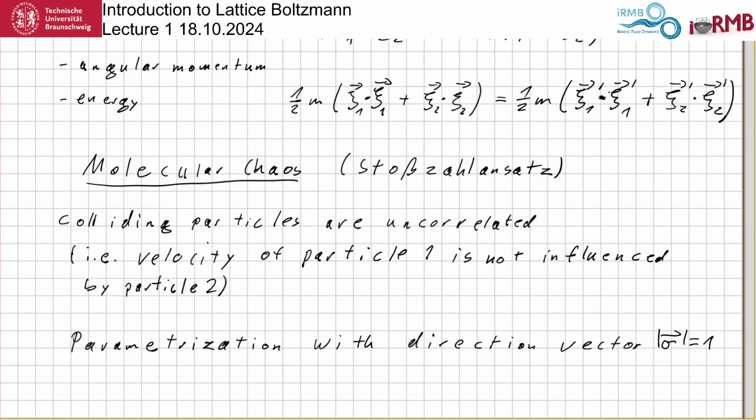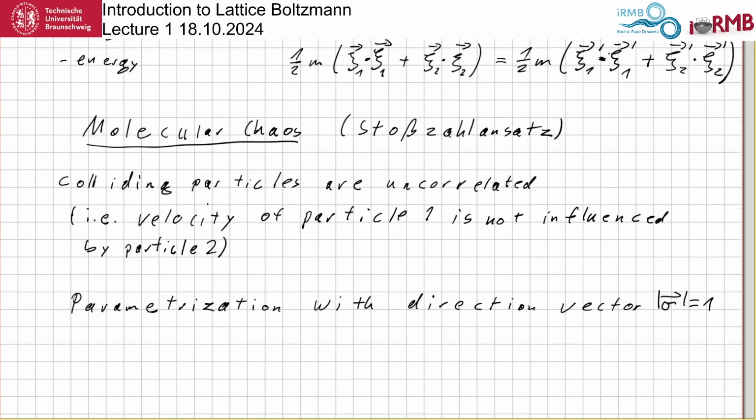Right. So we want to rewrite this a little bit by a parameterization. We introduce a vector that gives us a direction. This vector can be in any direction, but it has length 1. This is done in order to write the post-collision state like this. So the post-collision velocity